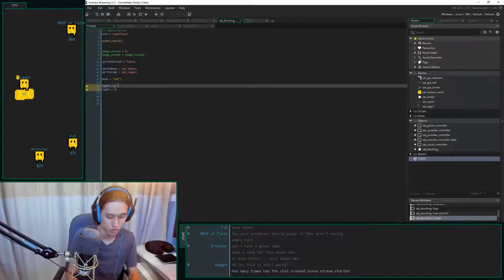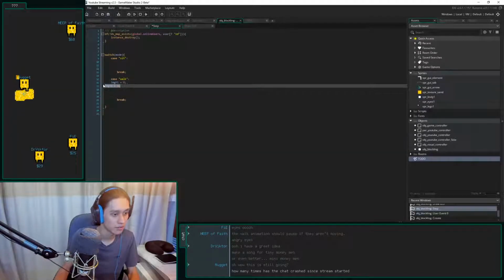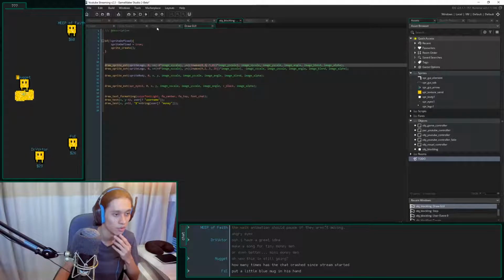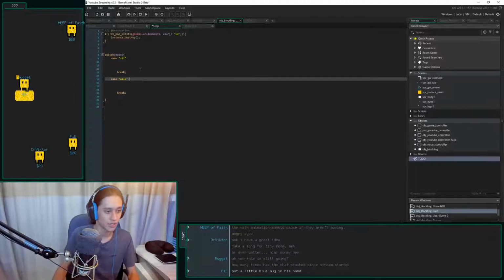Actually, make them 2. So, step if it's walking. Ooh, you know what? That wave function is not going to work. Let's just get our two modes going.